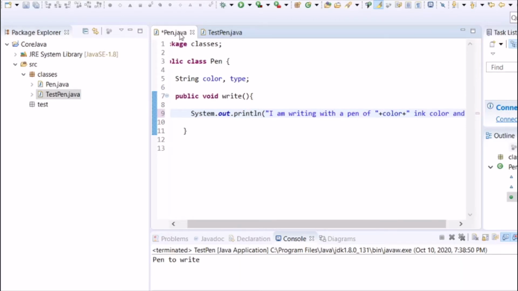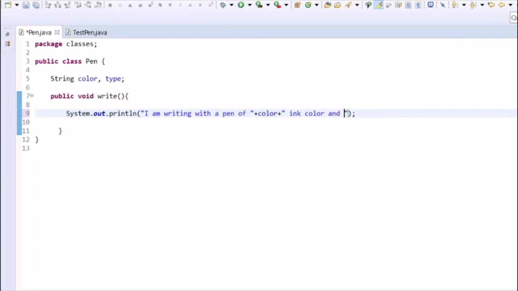and type is, we can write type. You know the type is ink pen. So in this case, the statement should be: I am writing with a pen of black ink color and type is ink pen.